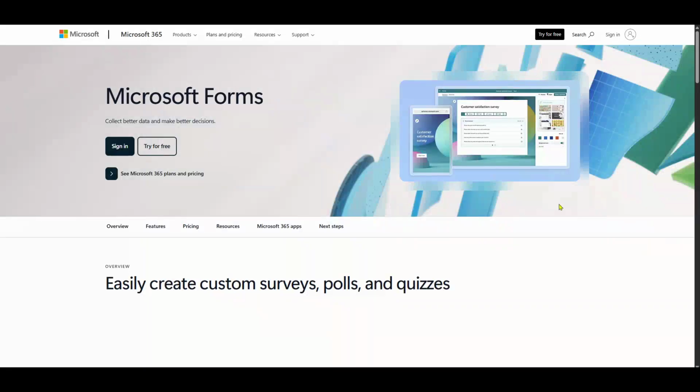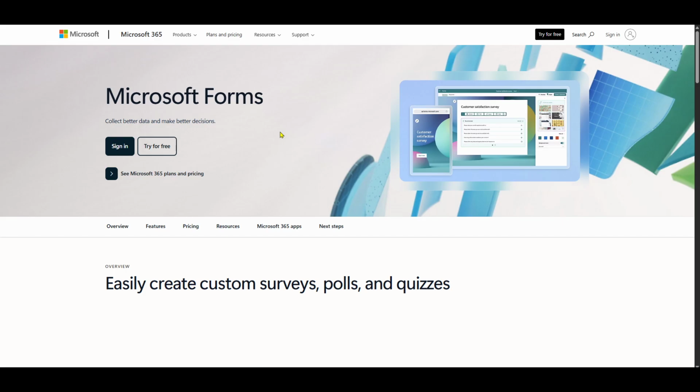In today's video, I'm going to teach you how to make a Likert scale in Google Forms. Whether you're collecting feedback, conducting research, or gauging opinions, a Likert scale can be incredibly useful for capturing nuanced responses. Let's dive into the step-by-step process to create one efficiently.